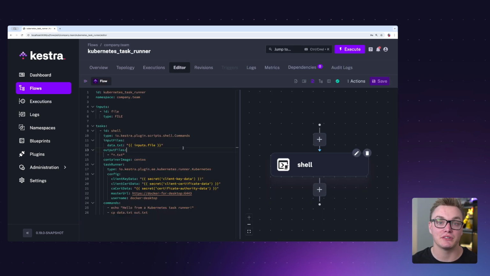There's also tons of extra configuration as well. So if you need to use different types of ways of authenticating, as well as different properties such as managing how many resources this task runner can use, that can also be configured in the task runner property. This is just one example of how powerful the Kubernetes task runner is, and hopefully you can set this up with your Kubernetes cluster. Hopefully you found that useful and you're going to start using the Kubernetes task runner in your clusters as